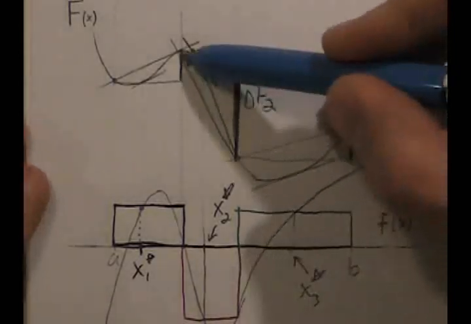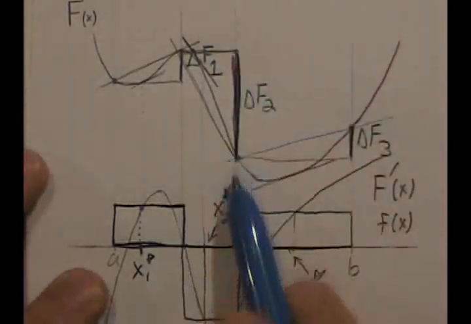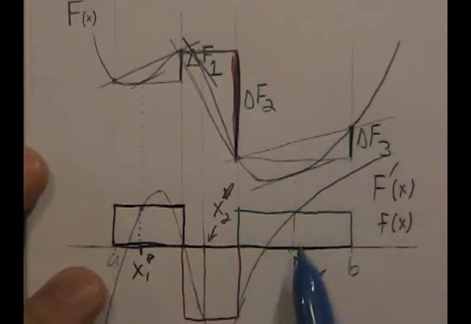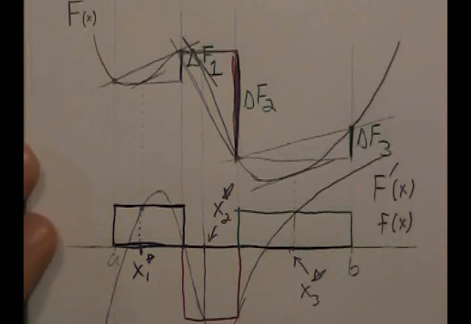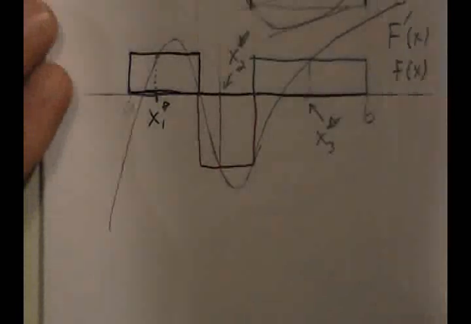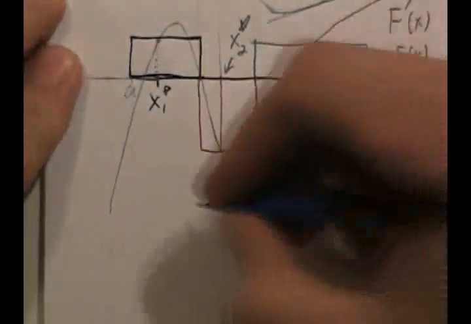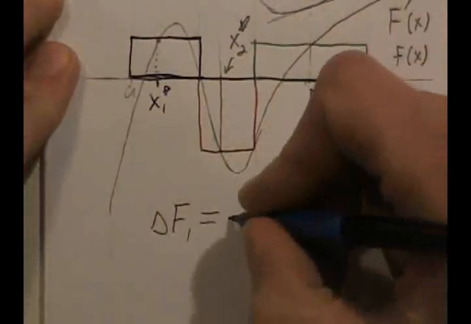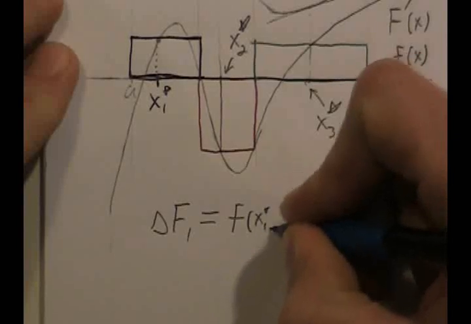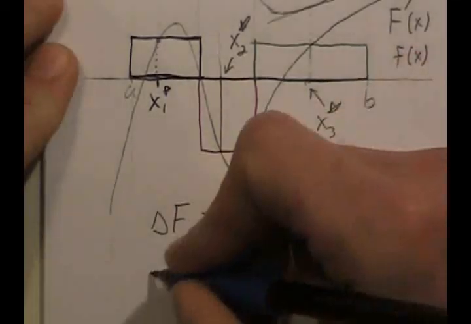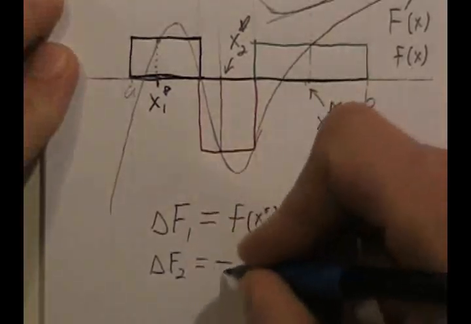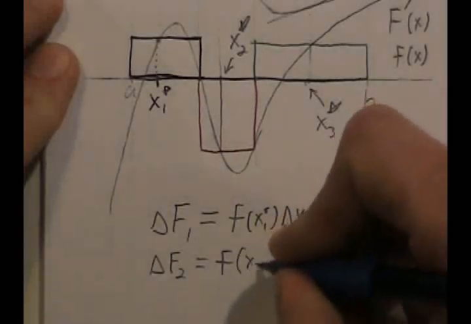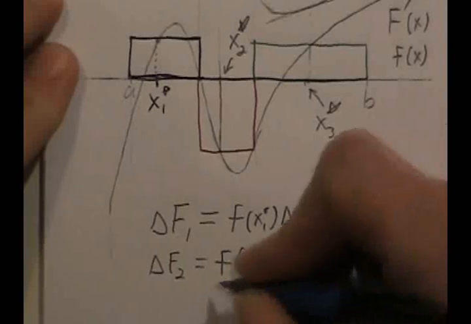changes here, right? We have an up change, we have a positive rectangle area. We have a down change, which leads to a negative rectangle area, and another up change leads to another positive rectangle area. So what we did was, if I put this all together, I can sort of rewrite it. We could say that delta F1 is actually equal to f of x1 star delta x1, and delta F2 was equal to little f, remember, the little f is the derivative of big F, x2 star delta x2, and so on and so on